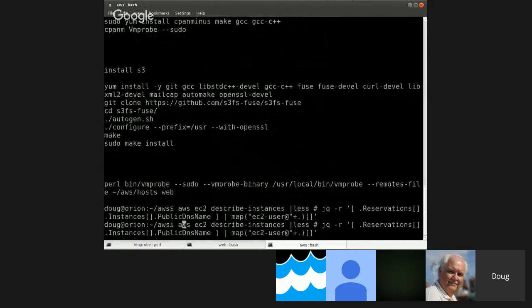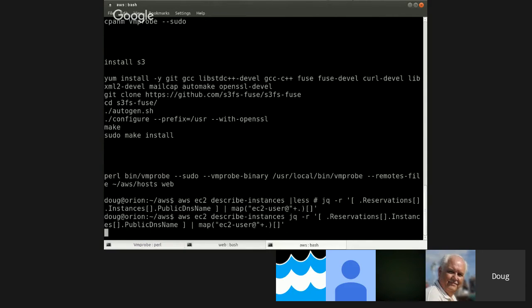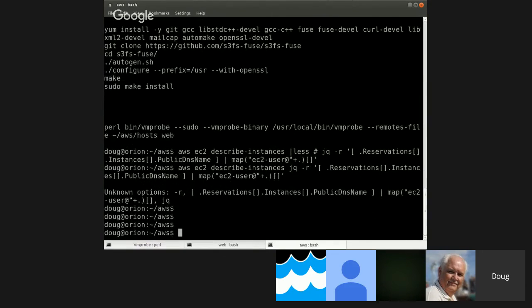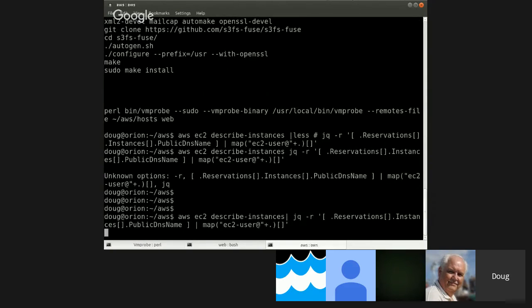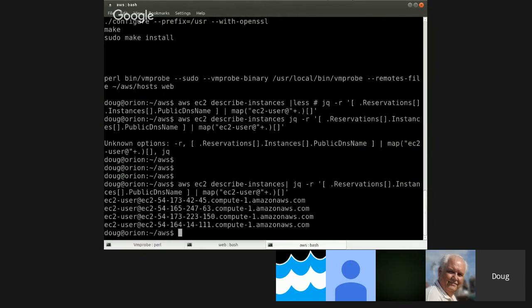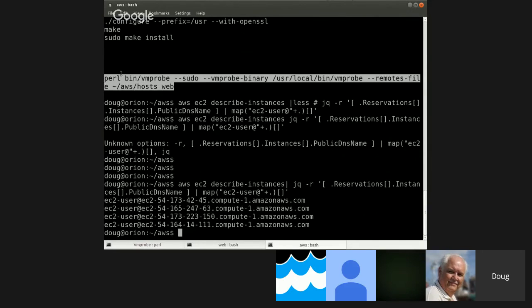So then if you pipe that through jq, I just extract the reservation instances, get the public DNS name, map ec2-user, which is the default user. And that gives me the host. So I've basically got almost all of this automated now. Anyway, so now going back to vmprobe,